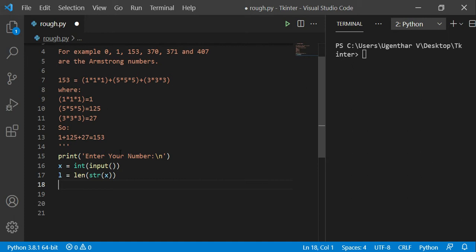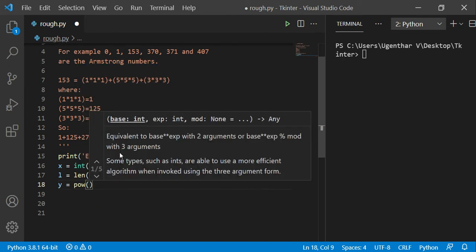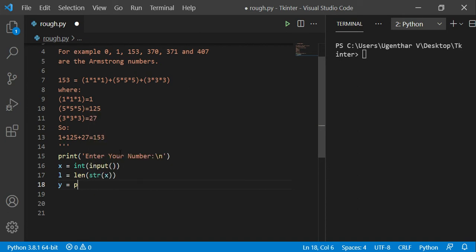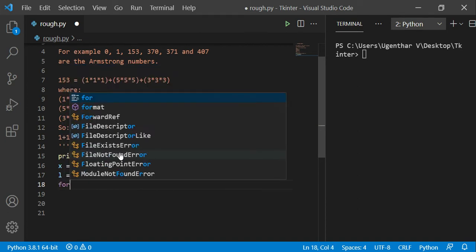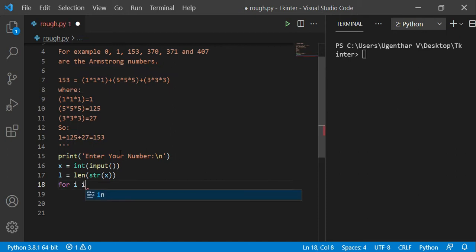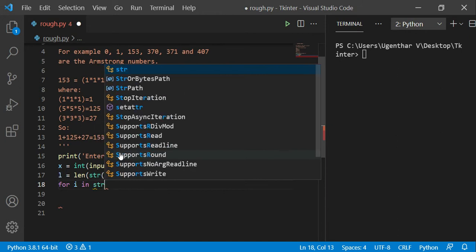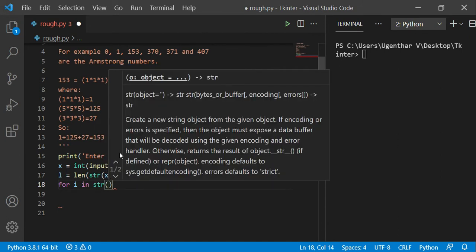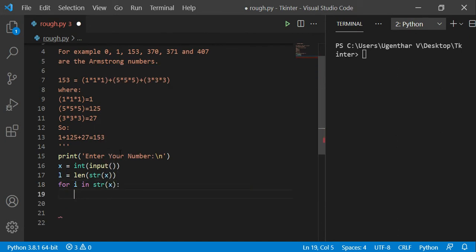Next, let's say s equals 0 and take a for loop in order to get each digit, for i in str of x. Str of x means it will be converted into a string.